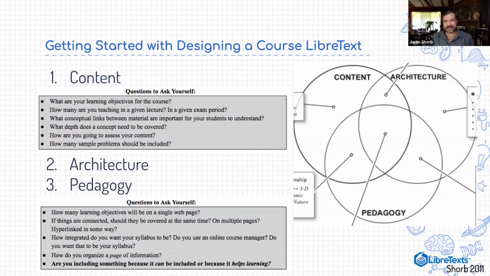How do you organize a single page? Where should you put your pictures? Where should you put your videos? How do people interact with those? And I think this bolded one on the end is one of the most important ones to remember at all